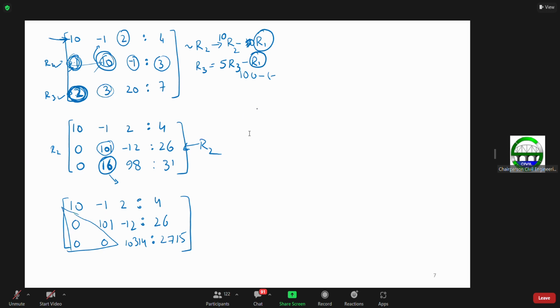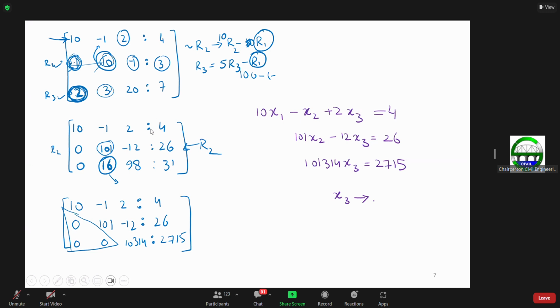So my equation will be 10x1 minus x2 plus 2x3 is equal to 4. Then 101 x2 minus 12x3 is equal to 26, and 10314x3 is equal to 2715, right? And from here x3 will be equal to, let me divide 2715 divided by